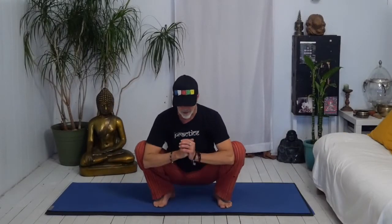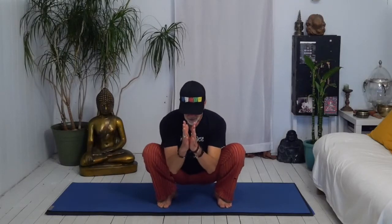Now, in the morning, if your hips are a little bit tight, you may want to slide a blanket or something underneath the heels, or you can always sit onto a block to get yourself into this pose. I like to keep my hands inside or the elbows inside the legs to open up the knees and lengthen. If you're having some tightness in the hips, you may want to go on tops of the knees and lengthen the torso from here. So give yourself a nice few deep full breaths, and you can find some stillness here,